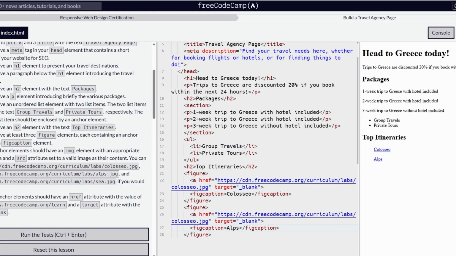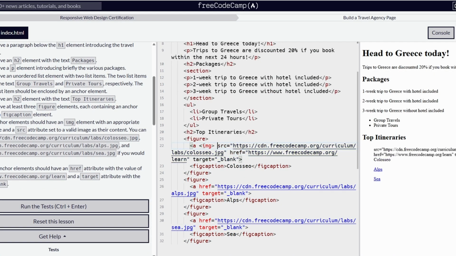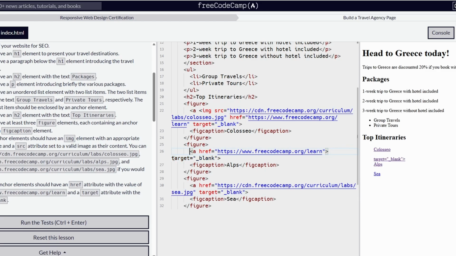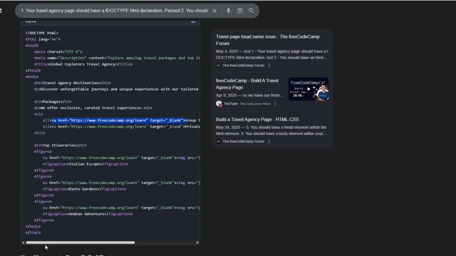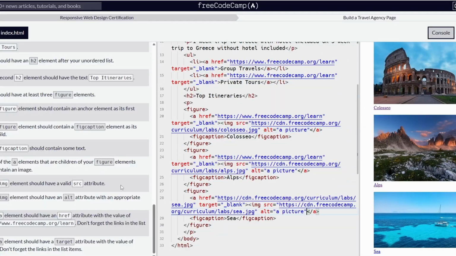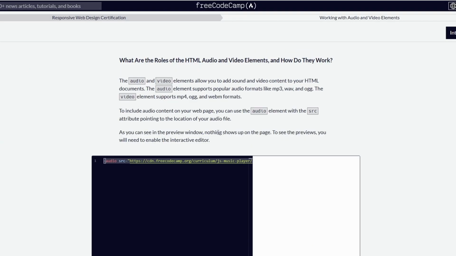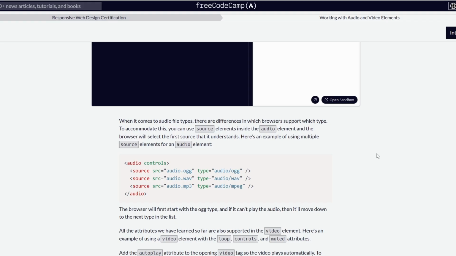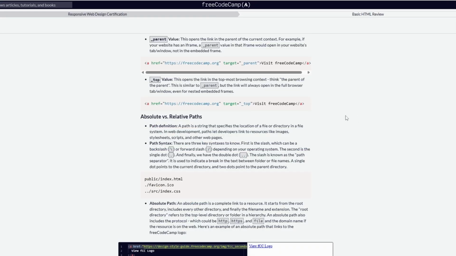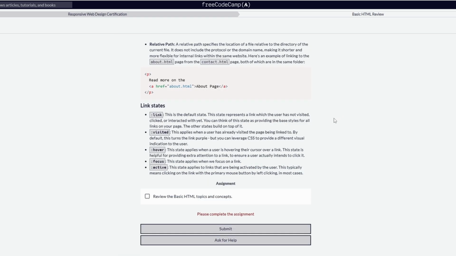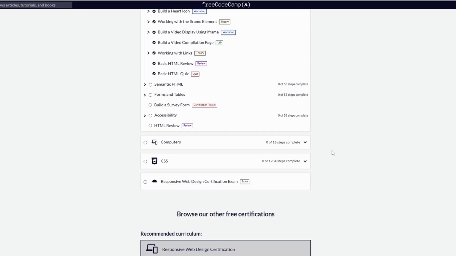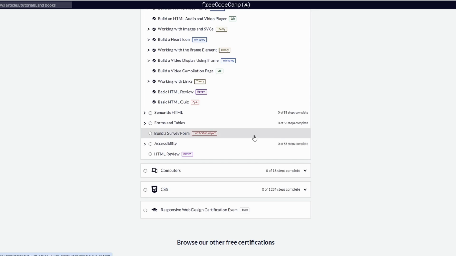It was a bit of a struggle at first, but once I went back through some of the content, got some help by looking things up, I was able to remember. And then as I continued through the week, it really didn't end up being that bad. I was able to complete the basic HTML quiz. And now I feel at a really good point to kind of progress into semantic HTML and get one step closer to completing the responsive web design certification.